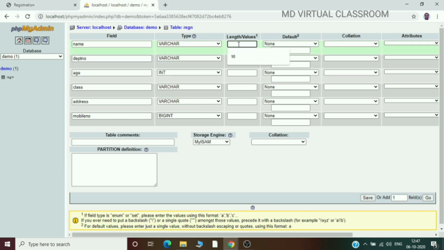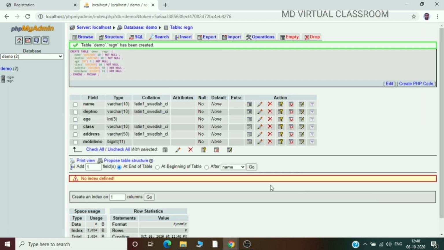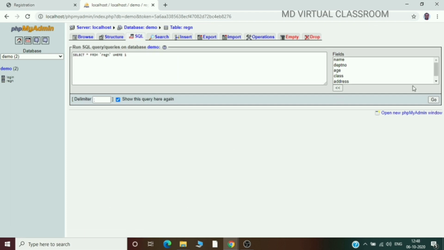For length, you can give name 10, age 3, class 10, address 50, and mobile number 11. So just click save. So we have created the registration table, and we have not inserted any value in the registration table, so you